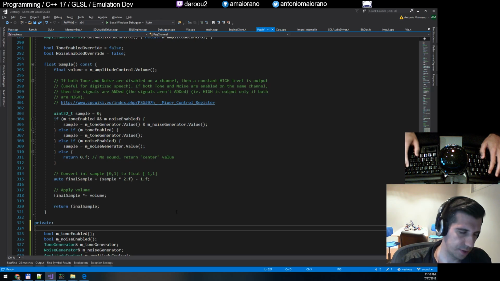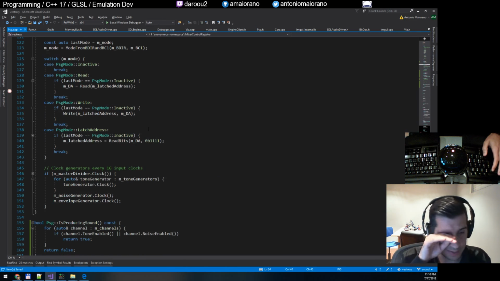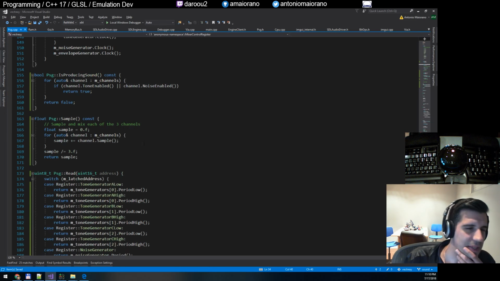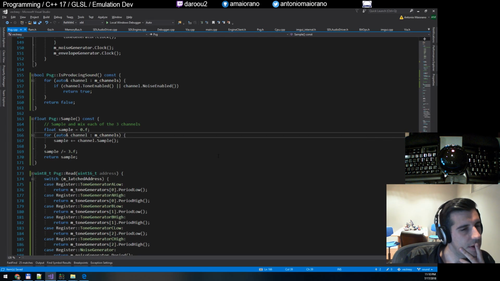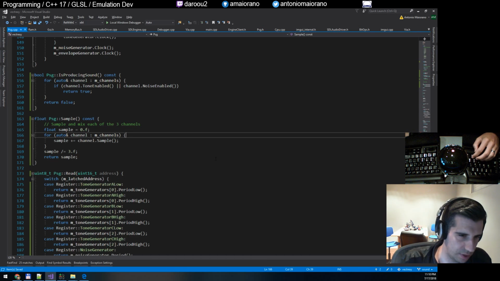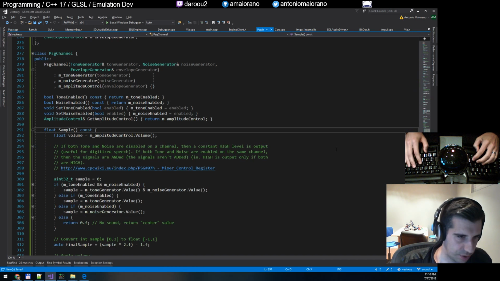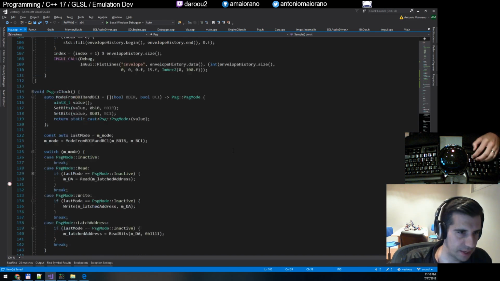Oh wait, I could do this. Yes. Okay, this is what I'm thinking. Basically, when I sample, yeah. In here, it makes my sampling code a little bit less clean, but I do like keeping the code external. So let's see. It would be something like,